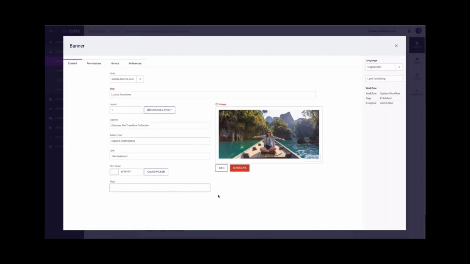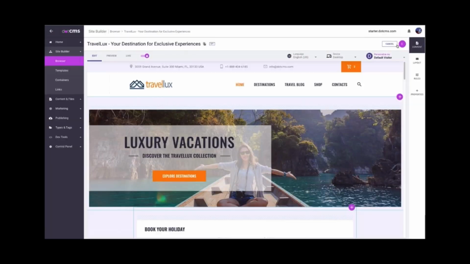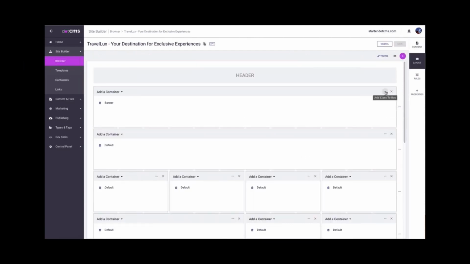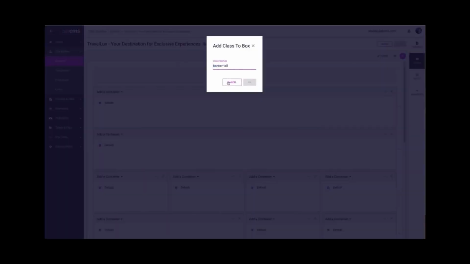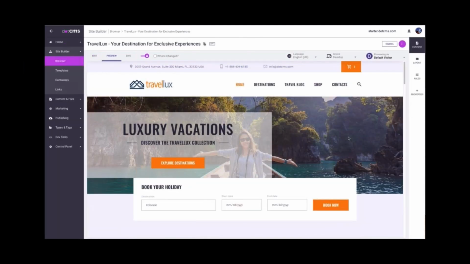For example, if we take a look at a particular banner, you can see the content types are nicely laid out. In this banner layout, for example, you can change the layout that you want to display the banner and publish that and come back, and you can see the banner is going to be updated on the fly. If you take a look at the template and the banner code, you can add classes to the different divs and bootstrap templates that surround the banners. If you want to stretch it full width or make it extra high, you can append the classes there and that'll be added to the code as well.